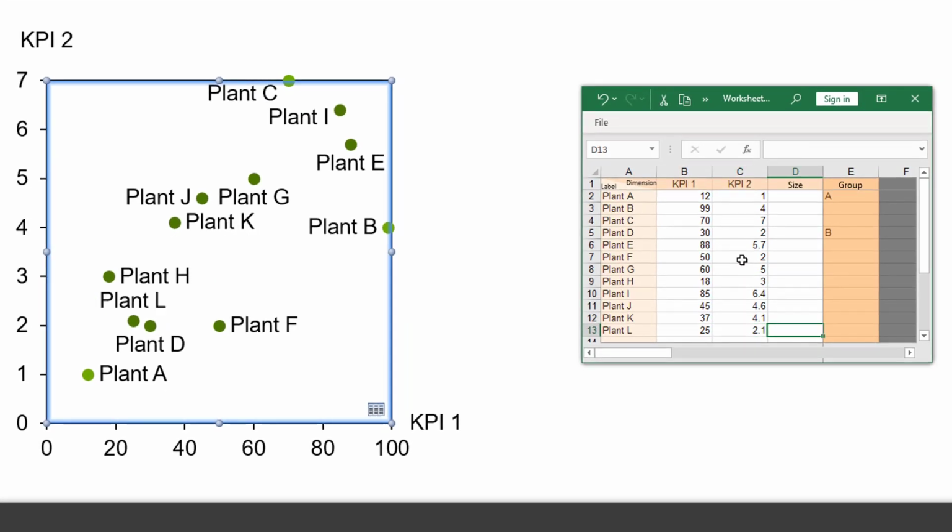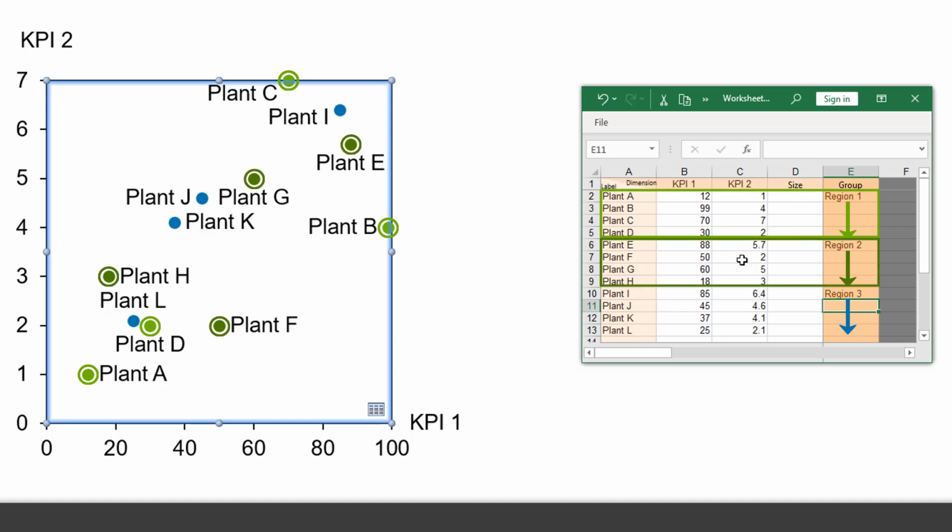The group column in the datasheet can be used to organize individual data points into groups. Type in names for the different groups, in our example, regions. When you insert a group name into a datasheet row, the rows you enter below will automatically be considered part of that group until you fill in a different group name. The data points in the chart are formatted according to the grouping in the datasheet.